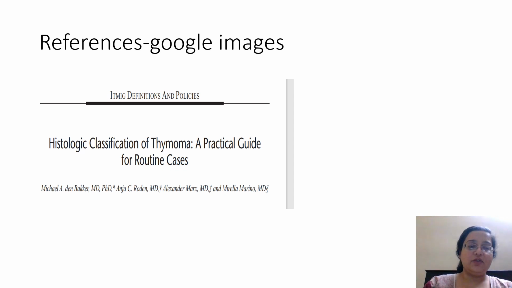So this is a very good paper. I have taken that image of thymomas, thymus tumors, from this paper. You can go ahead. This is very good, and the most common things that you're going to encounter as a pathology resident are thymus tumors, and of course then lung, and then come the ganglia-associated tumors.